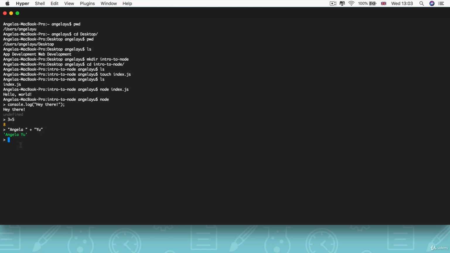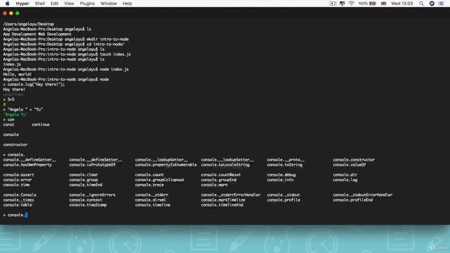And it's also got shortcuts, like for example, if we didn't feel like writing out the entirety of console.log, we can write con tab, and if one tab doesn't give you any results, you can tab again, and that will give you all the possible commands that you can use at this point. So you can use console, constructor, continue. So we want console. So console, and then we can write dot, and I tab twice,